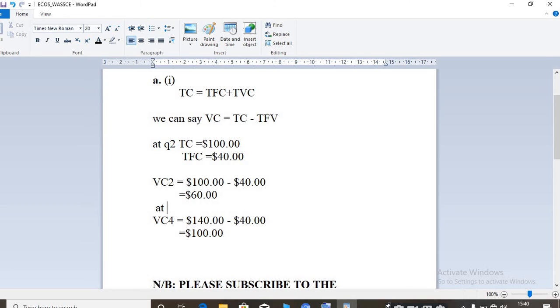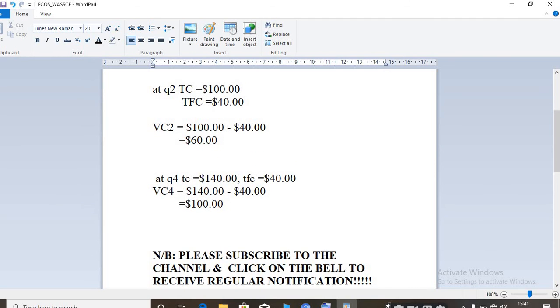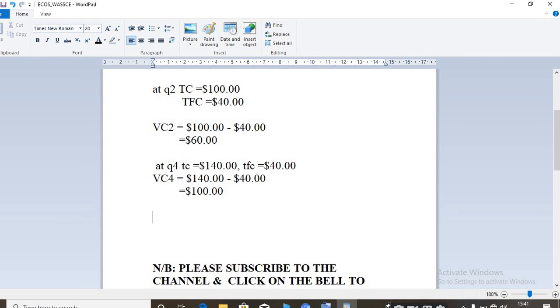Here, don't forget to bring at Q4, TC equal to $140, and then the total fixed cost is also equal to $40. Don't forget to include that in your solution. So at Q4, TC equal to $140, and TFC equal to $40. Then you slot that into the formula. So we are done with output 4. Let's move on to the last aspect of the I,